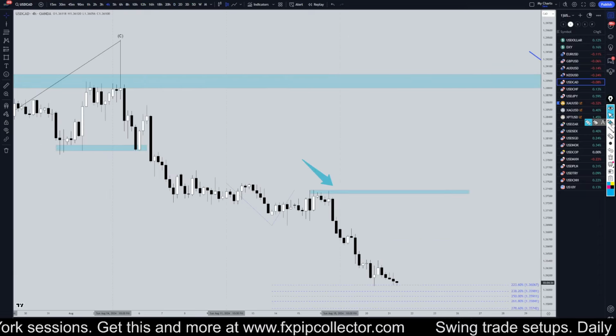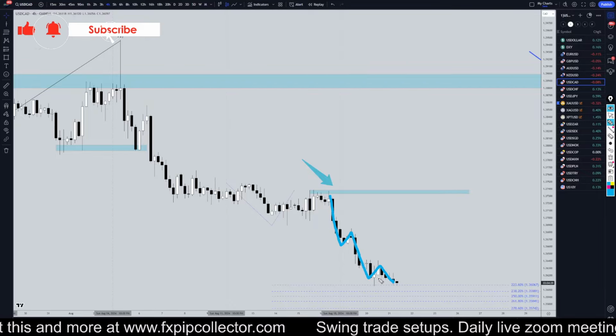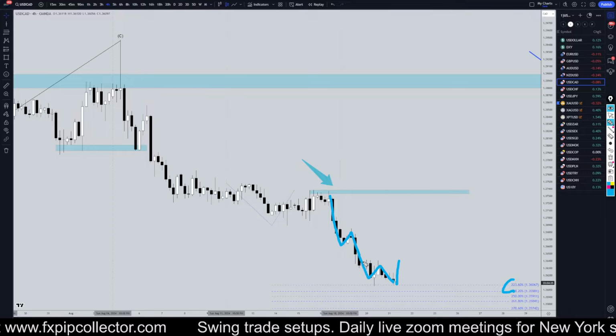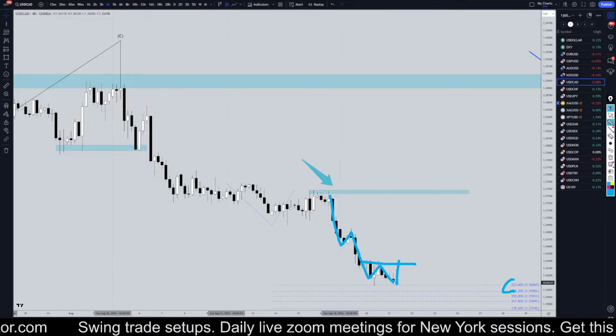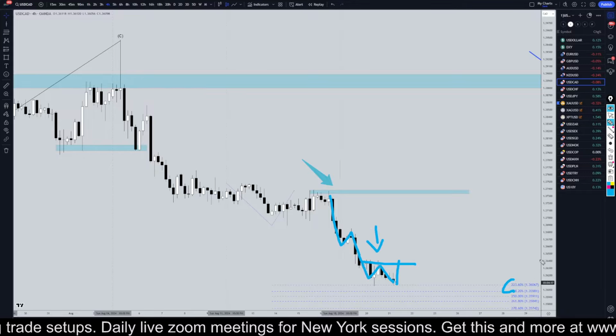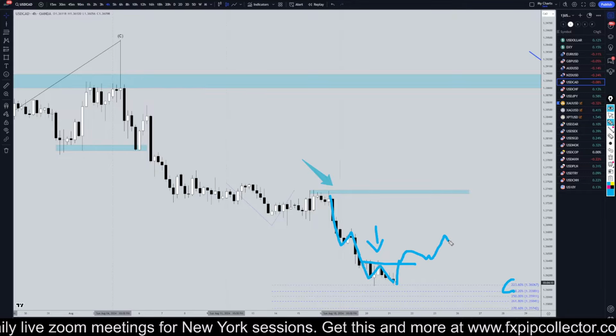On the 4 hour time frame, we definitely do have 5 waves down right here. 1, 2, 3, 4, 5 waves down. We are at a Fibonacci extension level, so if it does go up, if it does break structure, and you are a short time frame trader trading like the 1 hour and below, then you definitely could at that point start looking for longs. But for me personally, even if this happens, I would definitely still probably look for shorts